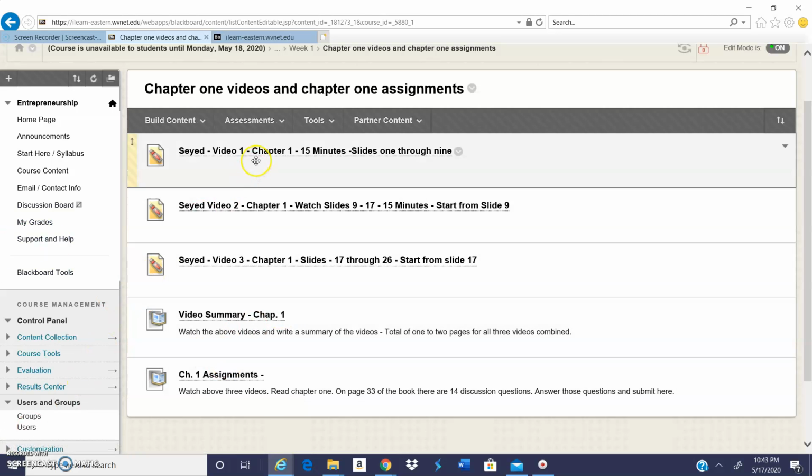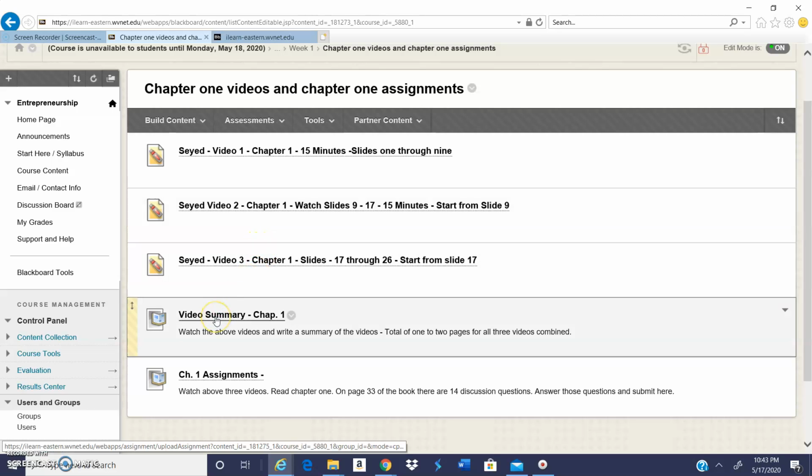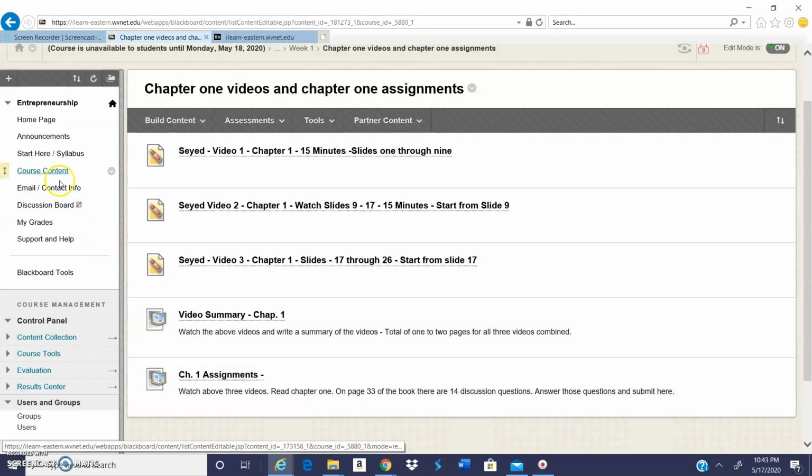These videos, each one of them runs for 15 minutes. 3 times 15 is 45 minutes here, where the video summary will take around, let's say, 30 minutes to type 1 or 2 pages. Therefore, a total of 1.5 hours here. And this takes about 1 hour. Now, usually, as you know, students, when they take courses, sit in a classroom for 3 hours, and also they go home and spend 6 hours on assignments. Therefore, this is one of the assignments.